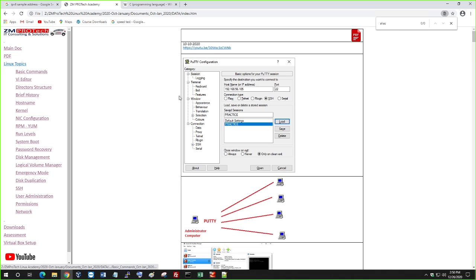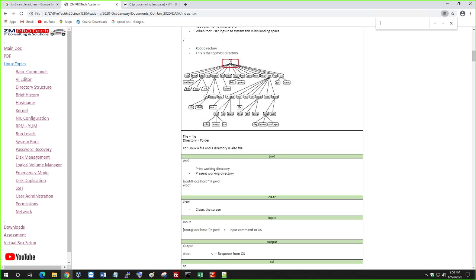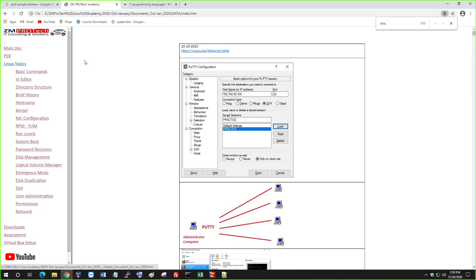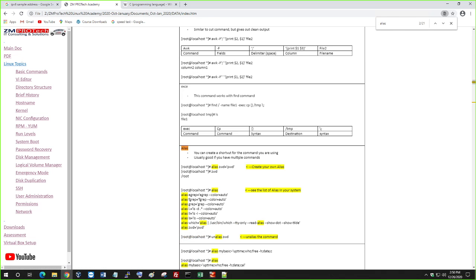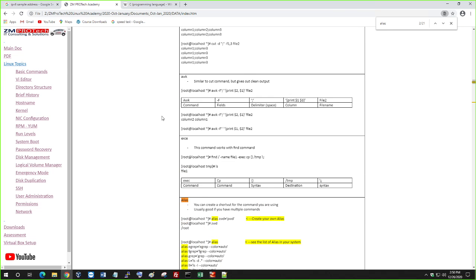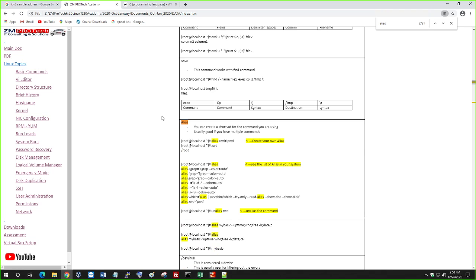Uh-oh. It's not here. Alias. I thought I showed you alias here. Huh? It's not here. Okay, it's in here. I must have missed it when putting it in there. Okay, so